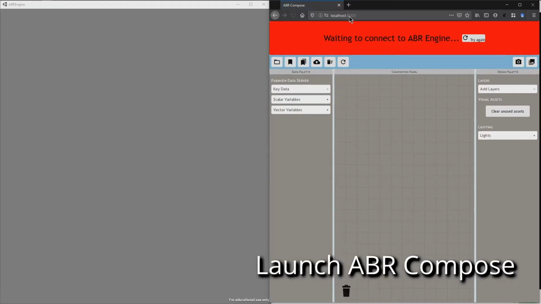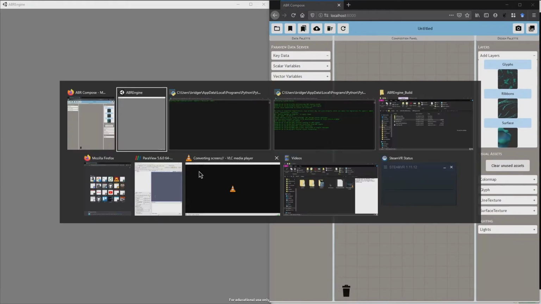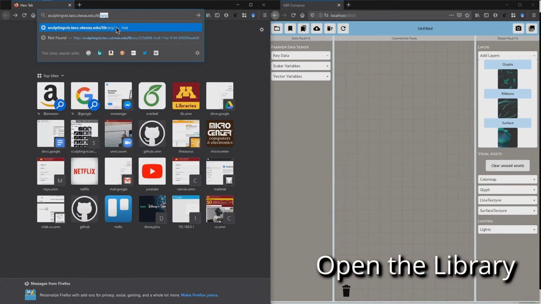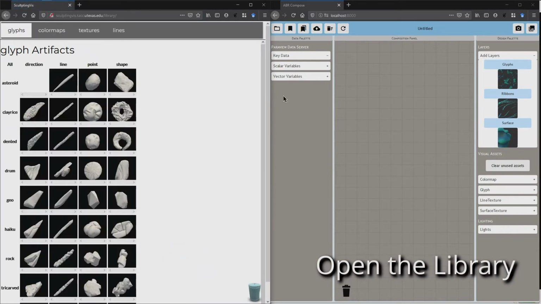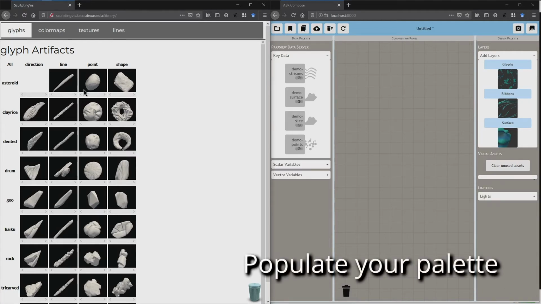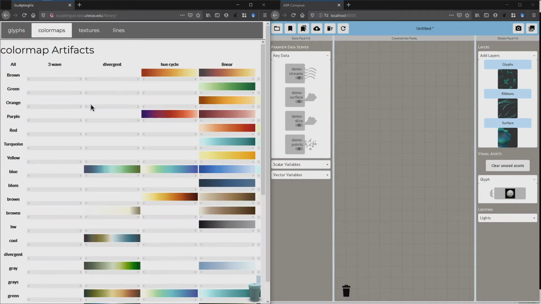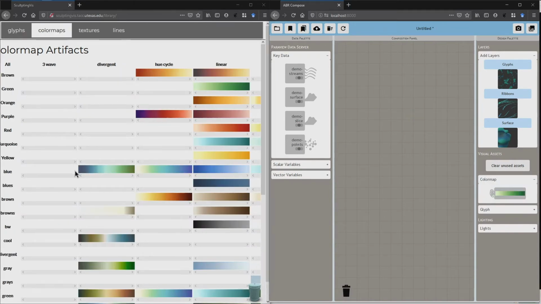Now I'm going to walk you through just a step of how the program actually works and how the whole thing comes together. And while this is not comprehensive, because it's a fairly complicated thing, we do give tutorials, and we actually sometimes even give them on request. So the first thing that you're going to do is open the library, and you can see I've got glyphs there, and I'm populating on the right-hand side. I'm populating my glyph drop-down menu with whatever it is that I think I'm going to want.